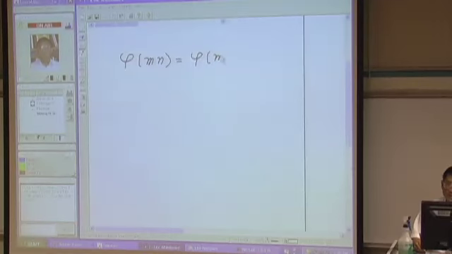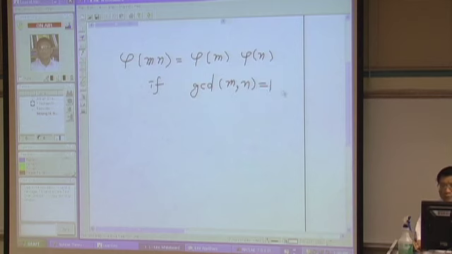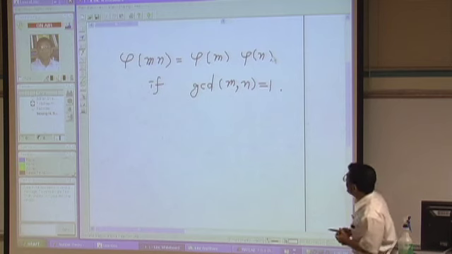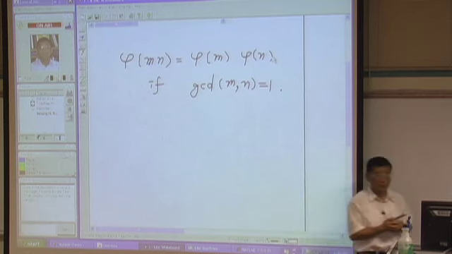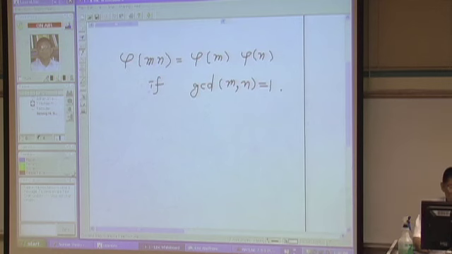The function is multiplicative, meaning if two numbers m and n are relatively prime, then we can split this kind of product into individual application of phi function and then multiplication. So this was proved, and the idea was